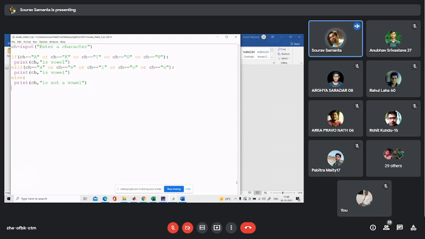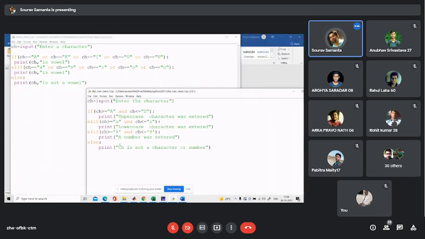Then we can apply our logic, this logic. So if the input is a small alphabet, we make it a capital letter, then we put the logic here. That's why I'm telling you, in that context you have to check using this one.